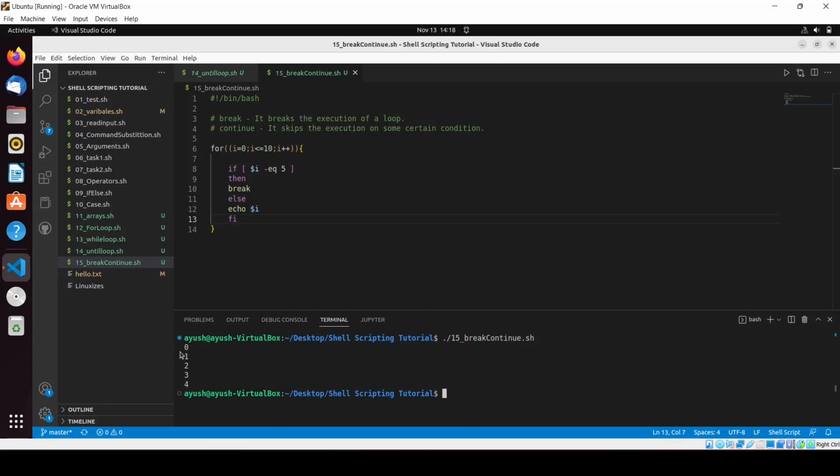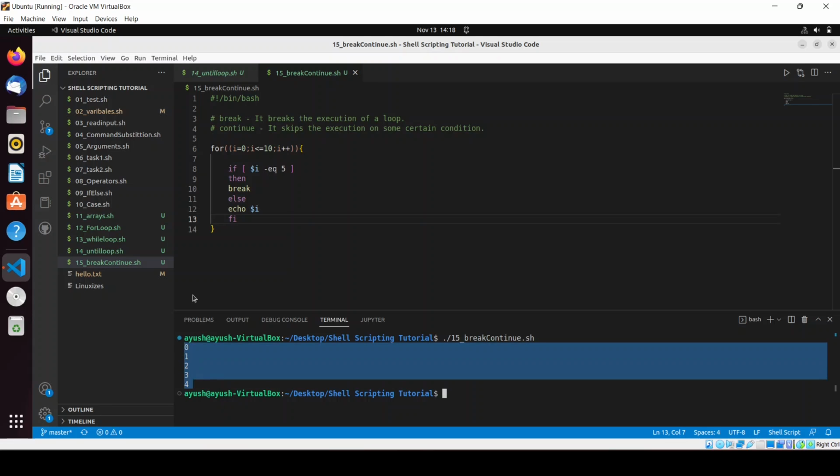So here you can see the loop is getting started from 0, and it is executing till 4, but when your value of I is equal to 5, then in this case what is happening, your loop is not executing further. Okay, so similarly in case of continue we will see, and I hope you got it, like how